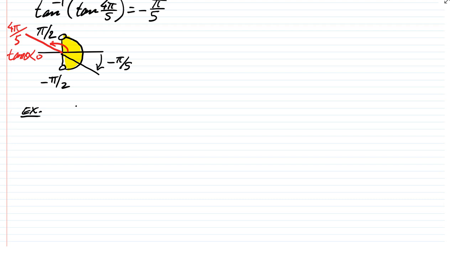So for this one, suppose I have 4 arcsine of x equals pi. Actually, it's like solving an inverse trig function equation. For this, I'm going to divide by 4. So arcsine of x is equal to pi over 4. And remember, this is theta, correct? Therefore, by definition of inverse, that means